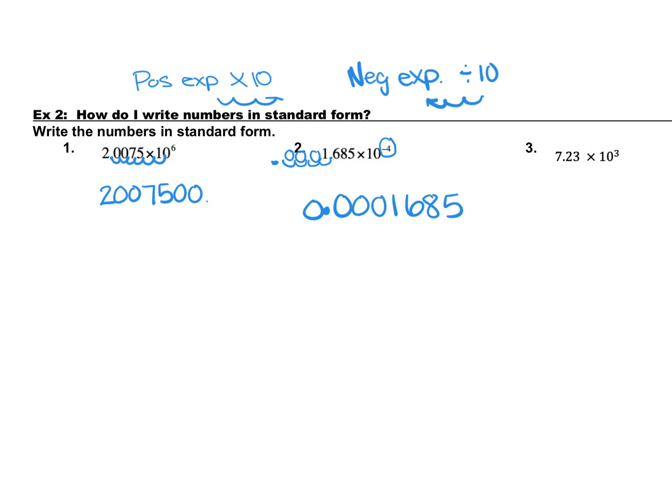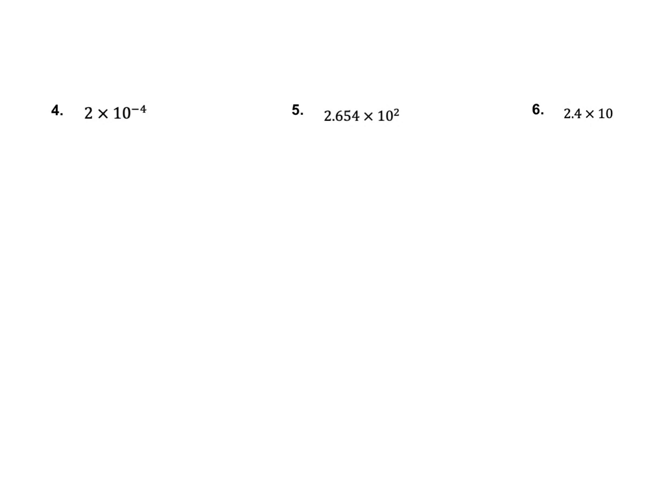For question number 3, we have 7.23 times 10 to the 3rd power. Now it's a positive exponent. That means we're going to multiply by 10 3 times. So we're going to move the decimal place over 3 places to the right, and we'll have 7,230 for our answer. All right, for questions number 4 through 6, go ahead and try these on your own,